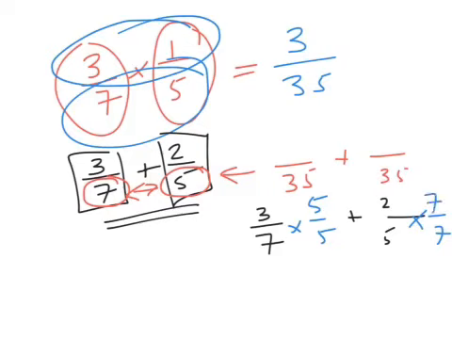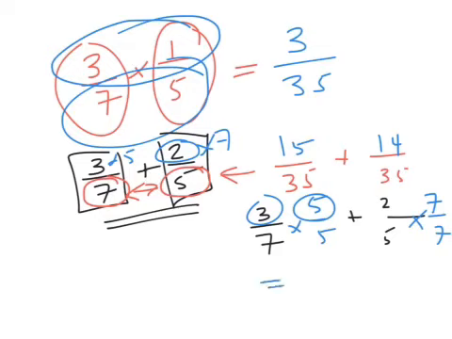5 over 5 is 1, 7 over 7 is 1. So to turn 3/7 into a number over 35, I do 3 times 5 is 15, and the bottom is 35. On this side I'm going to go 2 times 7 is 14, and now instead of having 3 over 7 plus 2 over 5, I'm going to have 15 over 35 plus 14 over 35, which is equal to 29 over 35. So this stuff is pretty easy, basic,